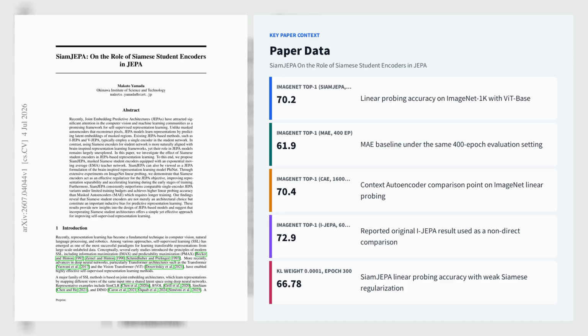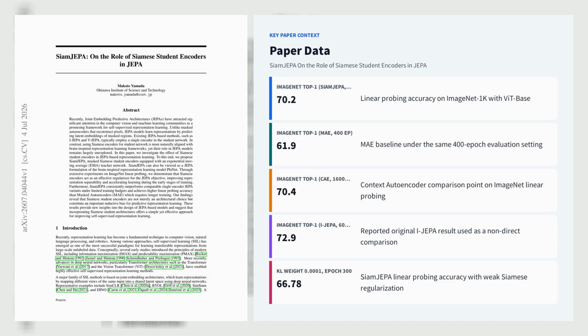The ablations show that the Siamese KL term acts mainly as a regularizer and accelerates early convergence. With KL weight 0.01, top 1 accuracy rises to 63.72% at epoch 169.3% at epoch 300 versus 57.89% and 66.78% for a much weaker 0.0001 setting. Block masking is consistently stronger than random masking, and larger weight decay improves the 400 epoch result to